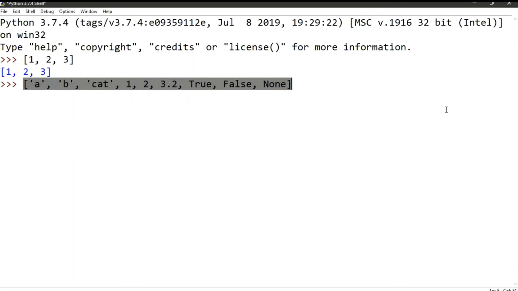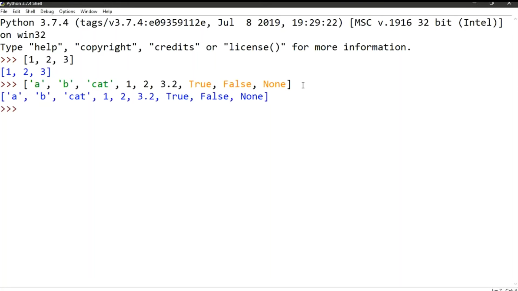These are all values which are valid for lists. That is, a list can have any data type. It can be a string, an integer, a float, or keywords. So all these things are valid.